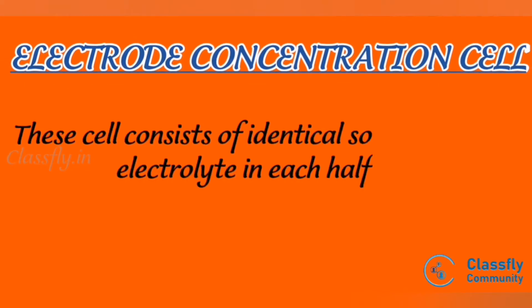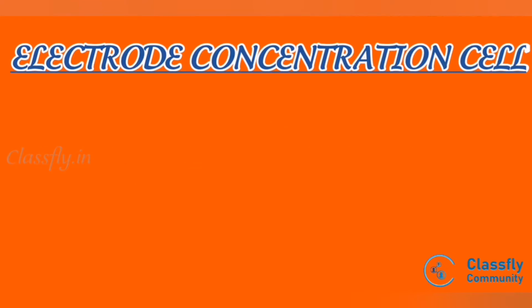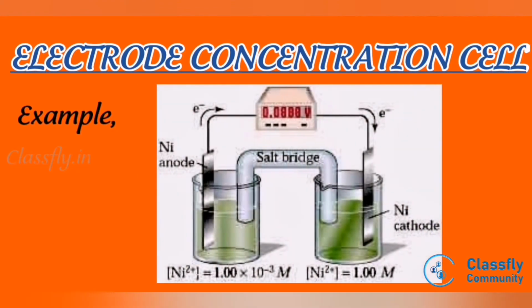This cell consists of an identical solution used as the electrolyte in each half cell. However, the half cells differ in the concentration of the electrode. That means the electrodes are made up of the same material. For example, a cell consists of two nickel electrodes which are subjected to varying pressure but are immersed in the